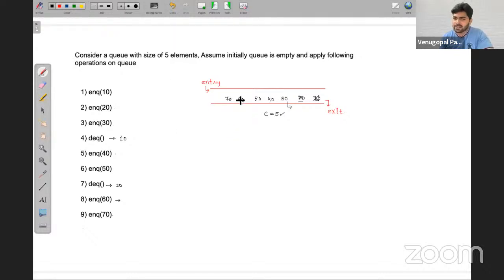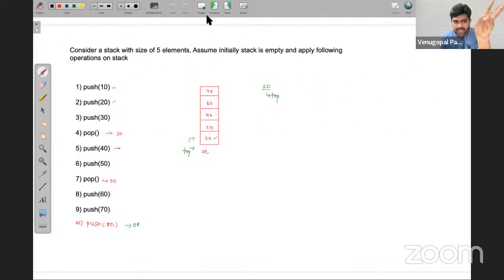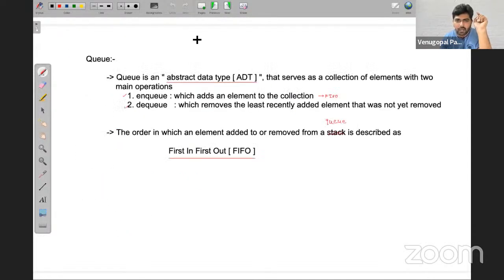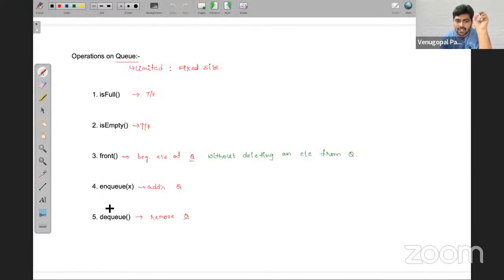First in, first out manner. Now these are the basic things with respect to stacks and queues, friends. Right? So very simple things that we have seen. First we have seen the stack and all its operations: is full, is empty, peek, push, pop. Then we have seen the queue and what operations the queue does. Because we are going to use these in the subsequent slides, therefore I have shown them. Next.